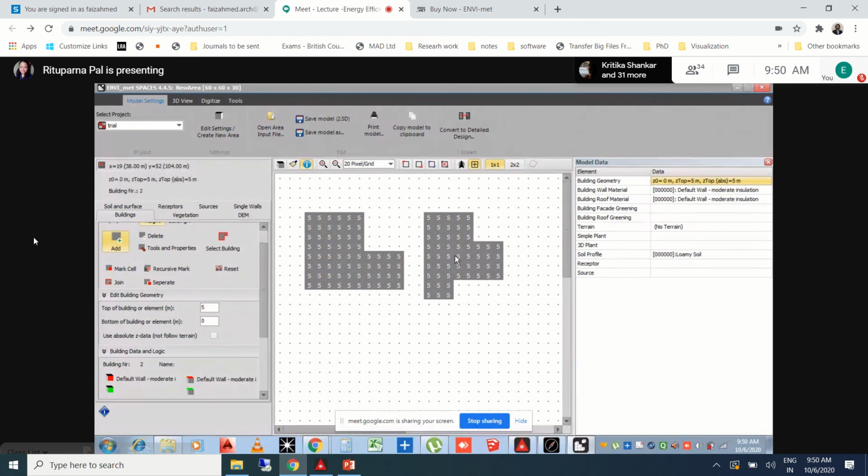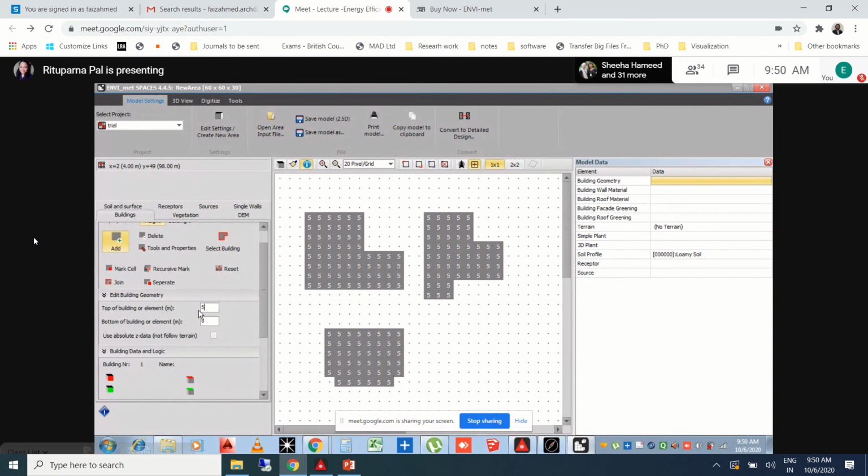You draw this building, and as it shows 5, when you want to finish the shape, make sure you click once again so that the cursor doesn't drag your building again. Are you able to do it now? Yes, ma'am. Okay.